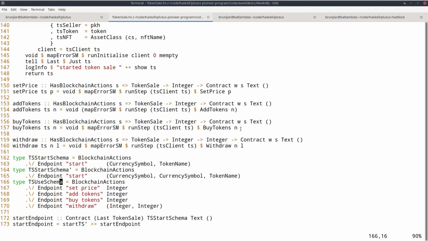Now I define three schemas. One is for the seller who wants to start the contract. It just has one endpoint, start, and it takes the currency symbol and the token name of the asset to be traded. So this is the case where the NFT will automatically be minted. And then, more for testing purposes, I also provide a start schema prime, which additionally takes the currency symbol of the provided NFT. And then I have one schema for using the token sale contract once it has been started,